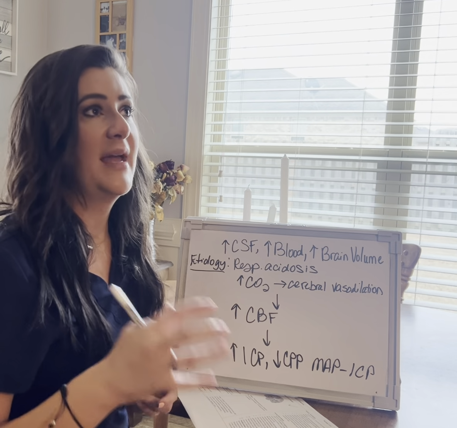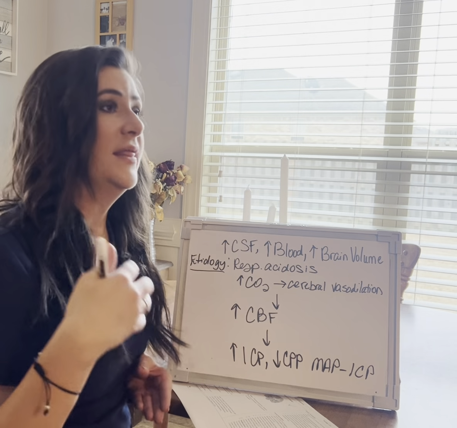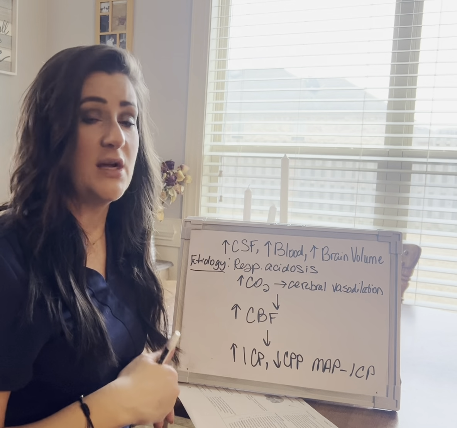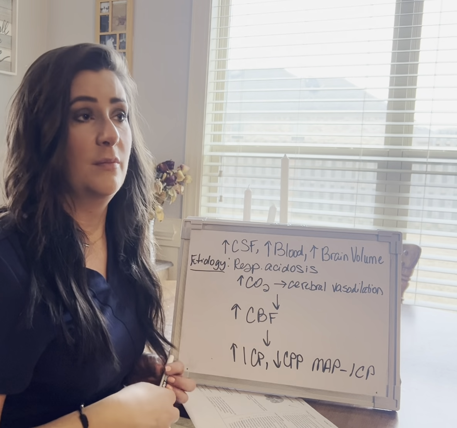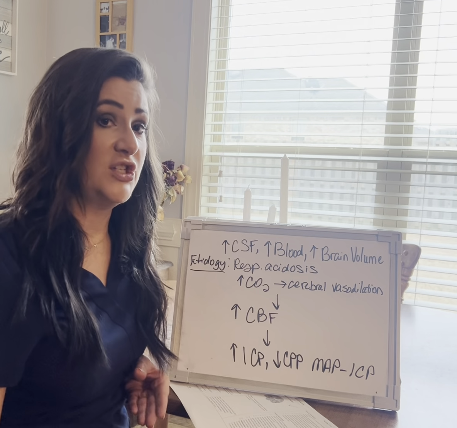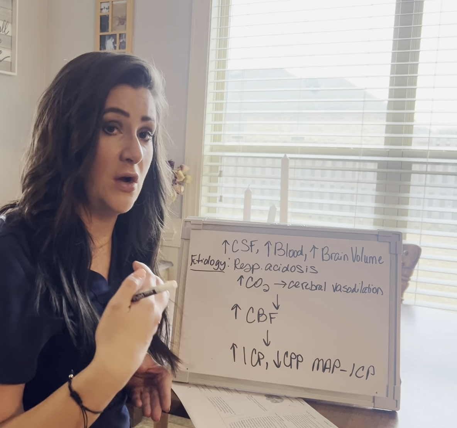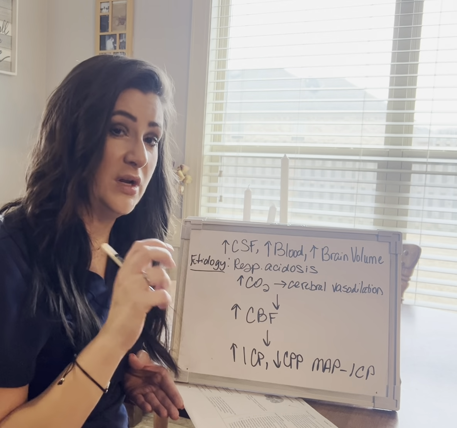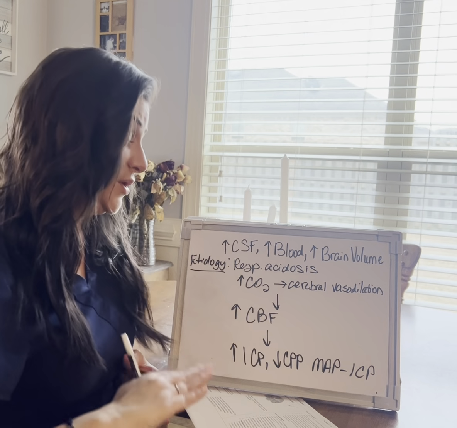We're obviously going to maintain a proper acid-base balance, because remember again that CO2 is a very potent cerebral vasodilator. So CO2 being off or being very elevated is going to worsen increased ICP. Sometimes if we have a patient on the vent and we know that elevated CO2 levels are contributing to that increased ICP, we might do what's called therapeutic hyperventilation to help them blow off excess CO2 to hopefully get